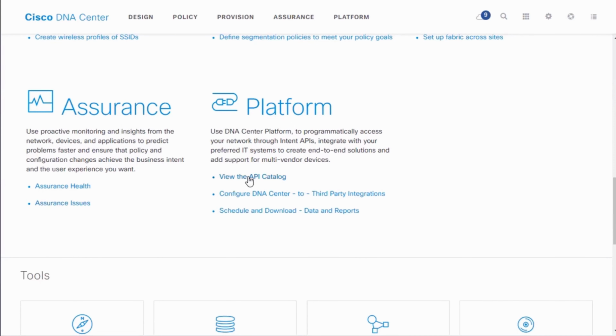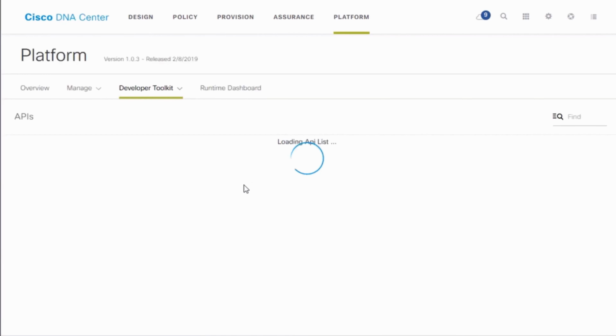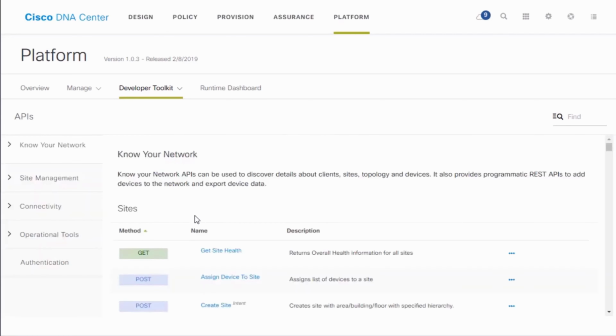And finally, with platform, Cisco DNA Center loves APIs. We have an API catalog that walks you through many different APIs that can be used to assist you in integrating your device and controlling and configuring the Cisco DNA Center system. For example, the categories, know your network. We have REST APIs for using GETs, where we can pull down information from the Cisco DNA Center